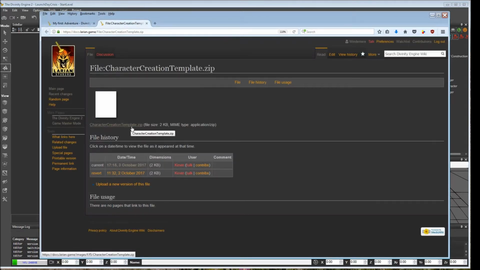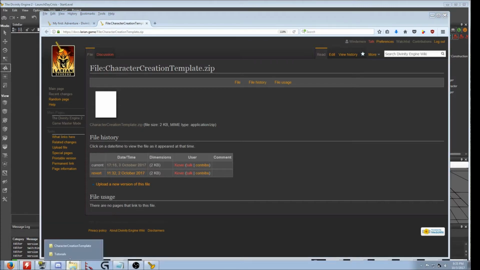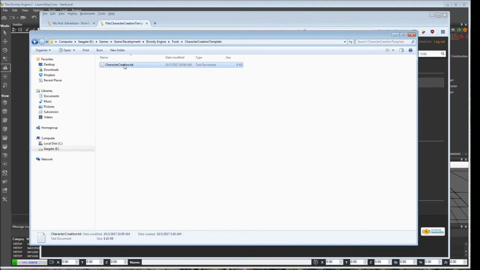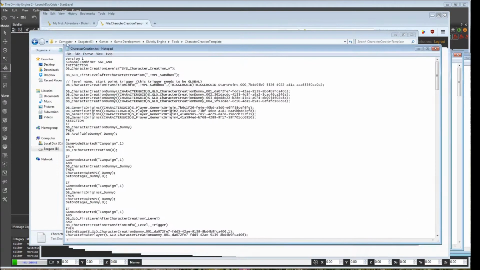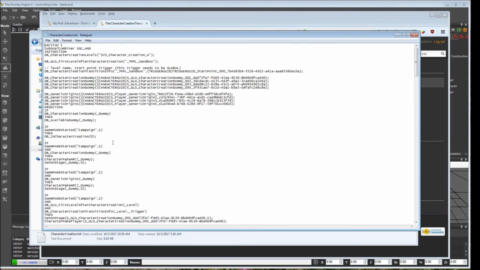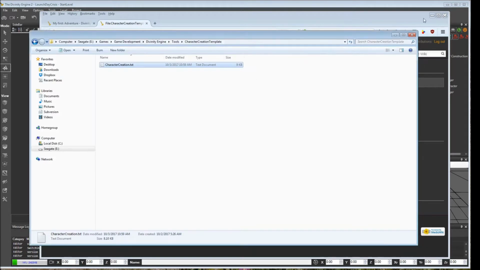If you download the zipped archive, you'll find that there's just a single text file in here. And if we open this up, we'll see that it looks like a story goal. This goal contains all the necessary scripting to either run in the editor with the dummy or to start up your adventure in the game client and be able to play it for real. So, in order to do this, we're going to have to find a location for it